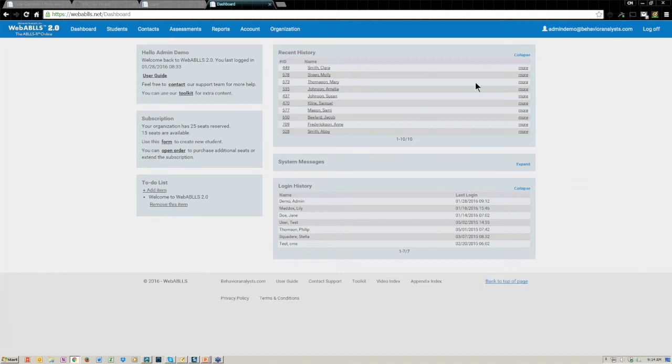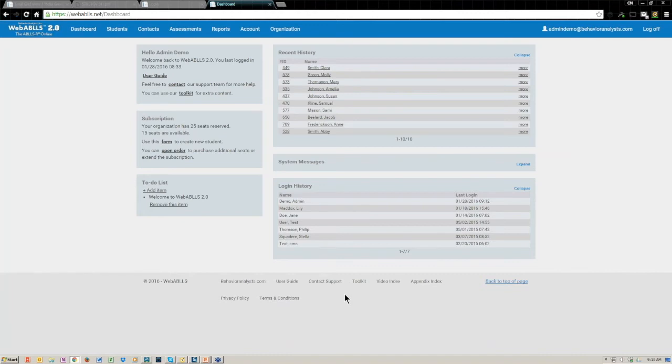So a little bit about the site navigation and the mechanics of that. First of all, I want to point out we have the banner links here at the top, and we have footer links here at the bottom. The banner links and footer links will be consistent throughout your entire session while logged into WebABLLS. The banner links will get you to the features and functions of the site, the tools that you'll be using as you navigate through and create your student and your assessments and your reports. The footer links are all related to resource-related tools, whether it's contacting support, going into the toolkit to get some type of information from there or some teaching tips that you need, the user guide, those types of things.